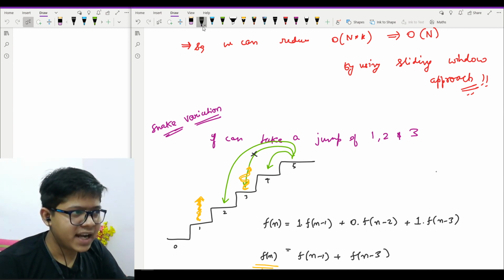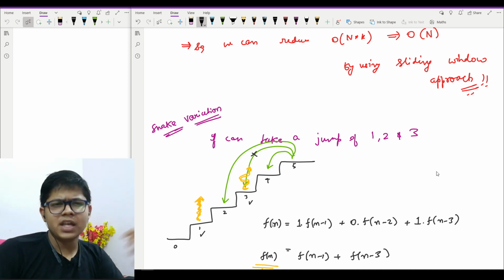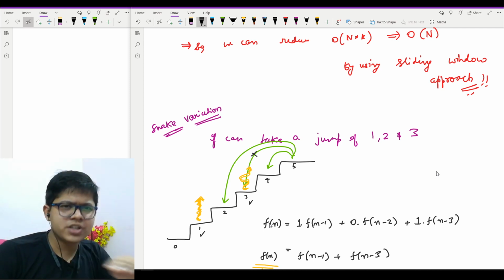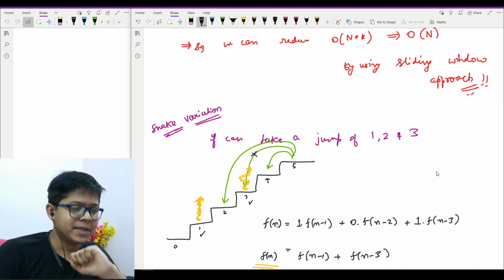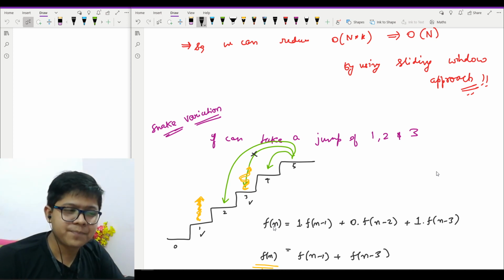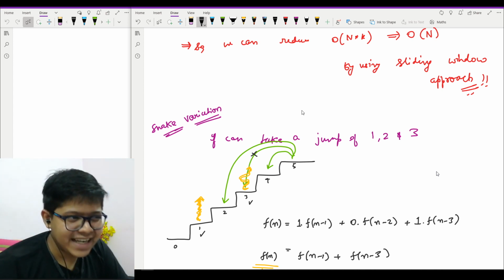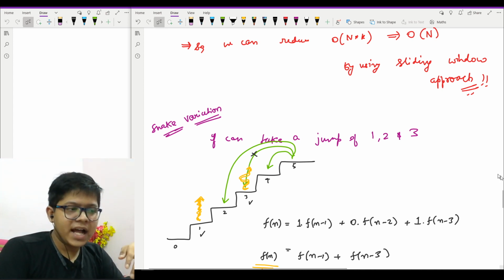Now if I say that at my step 1 I have a snake, at my step 2 I have a snake, at my step 3 I have a snake. I'm pretty sure that I cannot jump on a snake because it will bite me. So I have to jump on the staircase which doesn't have a snake. So if I look at the very small problem of this, then I can write my f of n as